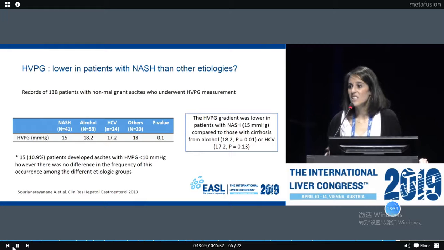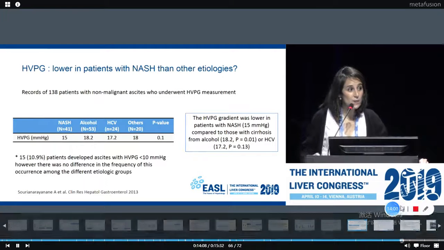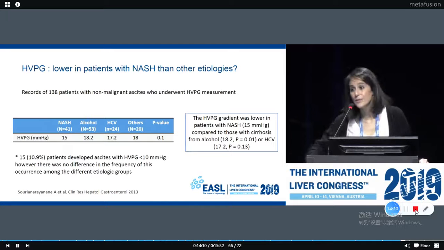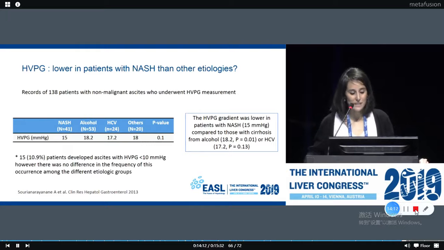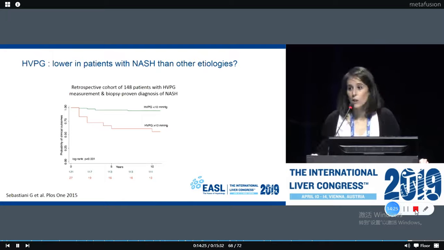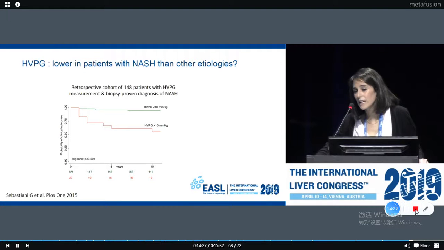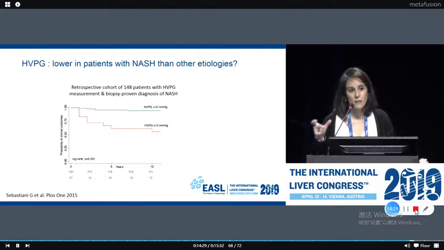And in general, the group of NASH patients has a lower HVPG when compared to the other etiologies. However, in the same paper, they report that 15 patients developed ascites with an HVPG below 10 millimeters of mercury, and there were no differences in the frequency of this finding between all the etiologies. And this is the only study that we have in which we have